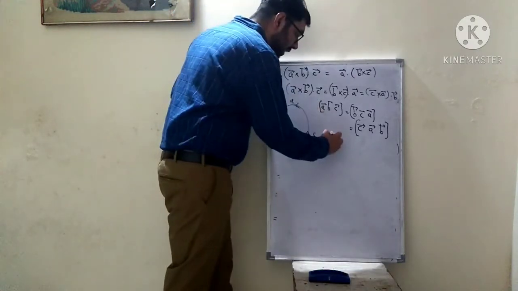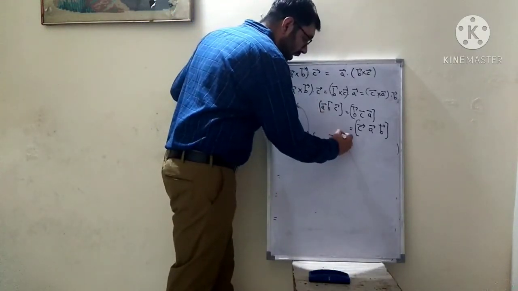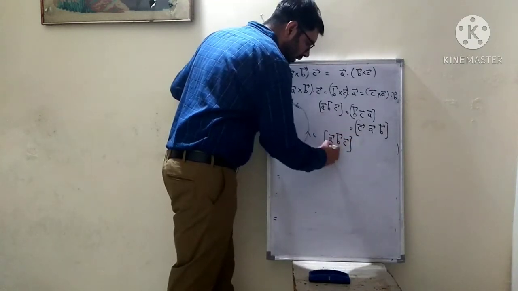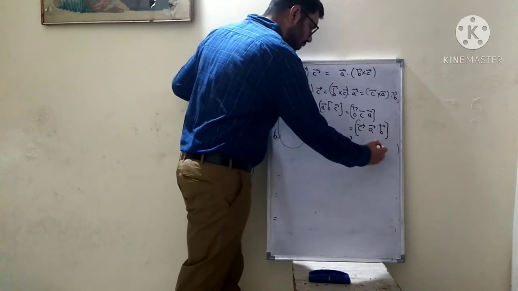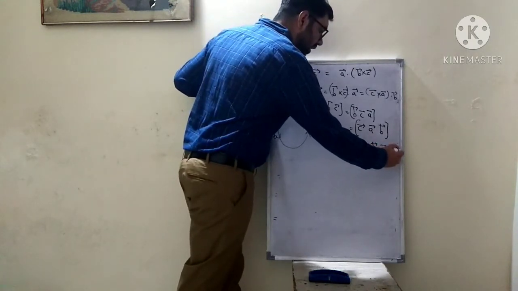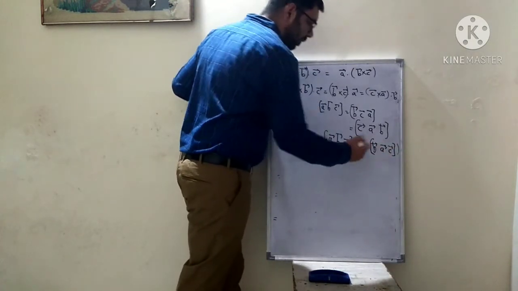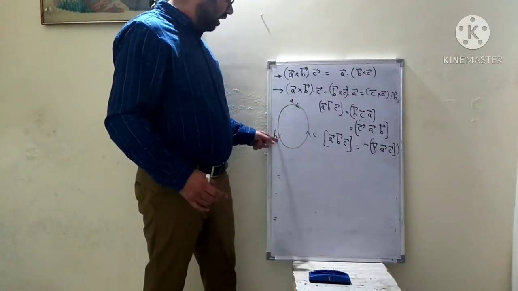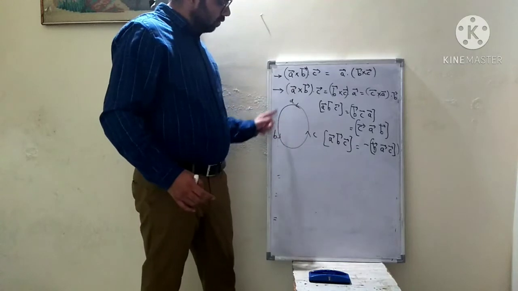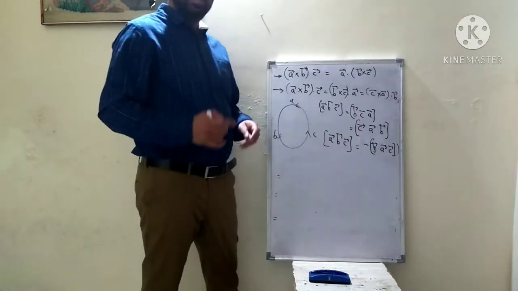On the other hand, if we change the cyclic order, like we have A, B, C here, but now I want to go the opposite way, suppose I want to write B, A, C, then we'll have to put a minus sign. If I change the order of this cycle, which means I start with B but go opposite to the cycle, so B, A, C, then I need to put a minus sign.